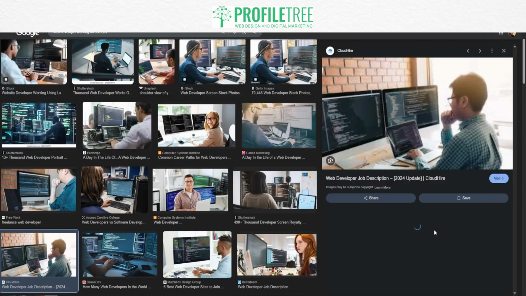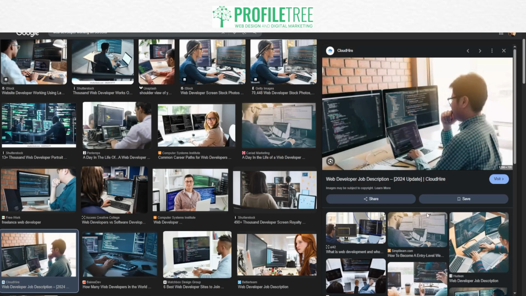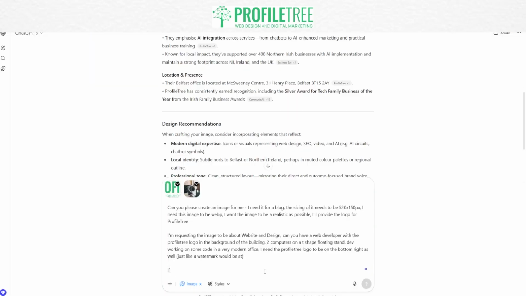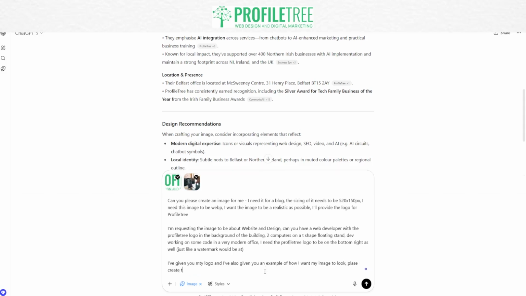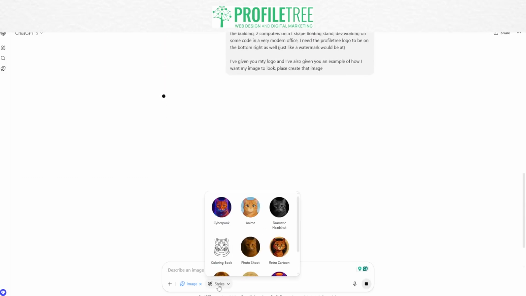Okay, so something like this. I'll just copy that one and add it onto here. I've given you my logo and I've also given you an example of how I want my image to look. Please create that image. Okay, so I may have went into a little bit more detail,